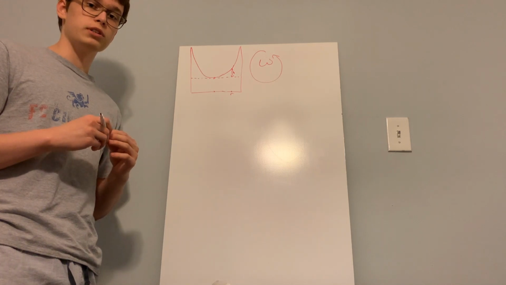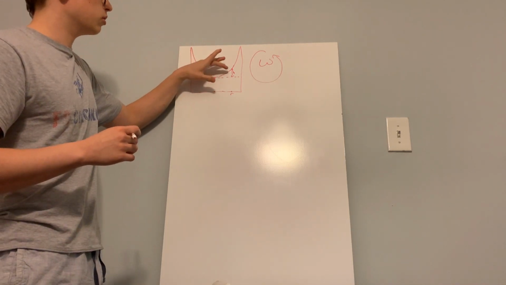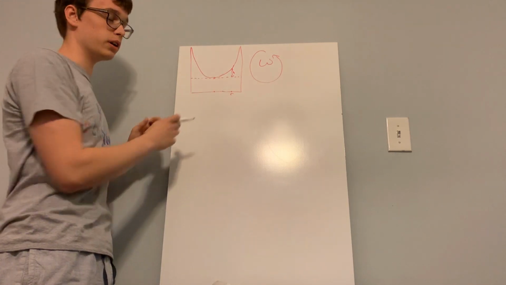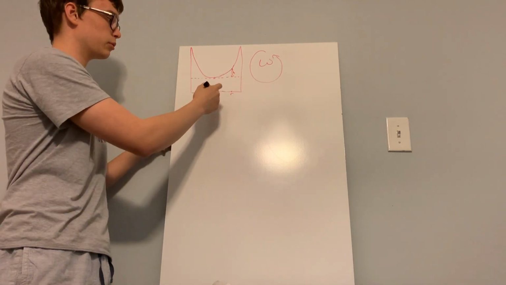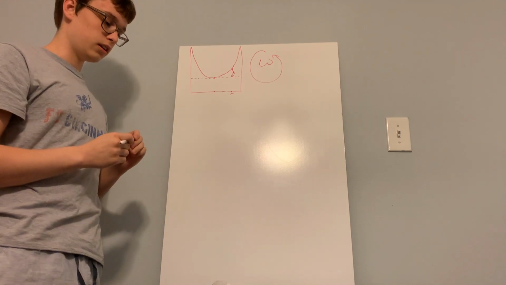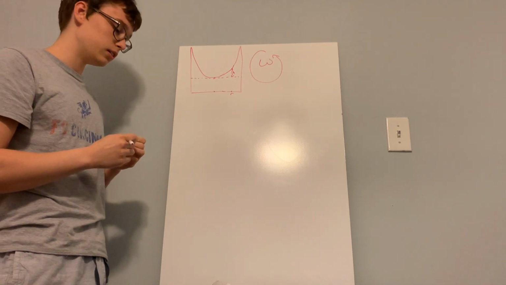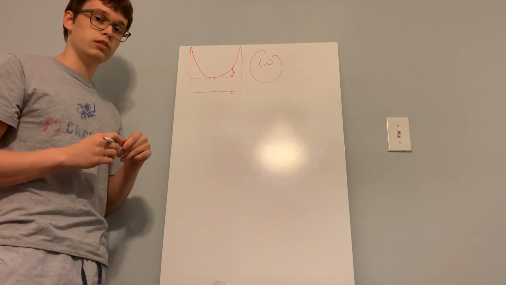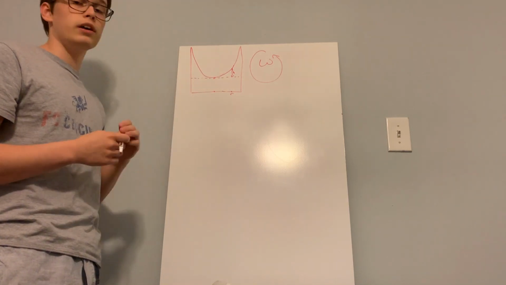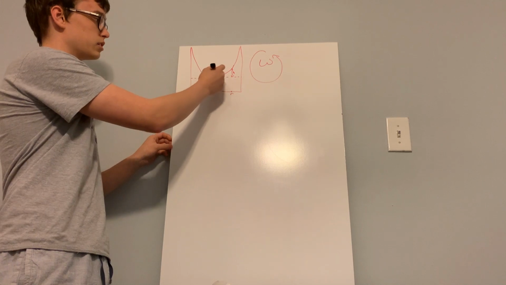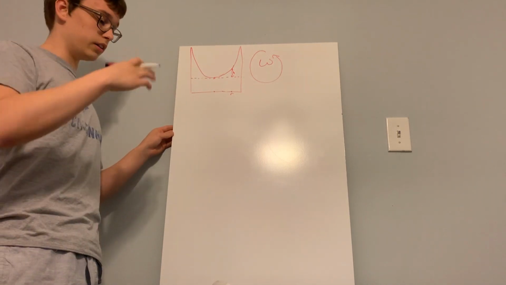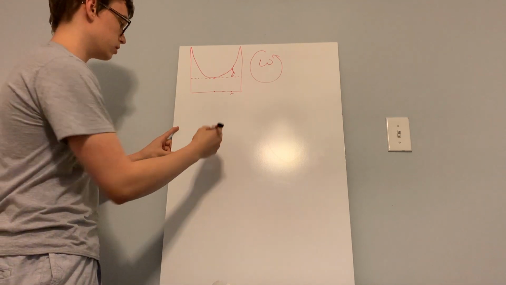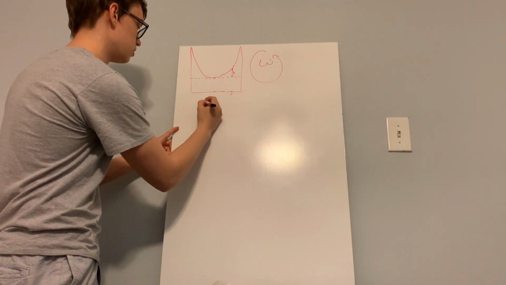So actually I made a mistake. Our small h value is actually from the bottom point of this parabola to the height of the liquid, not from the bottom of the container. And I'll talk about why in just a minute. And so we can actually get an equation for this small h, the height of the liquid relative to the bottom of the dip. And to do that, we're going to start out with our basic equation of statics,